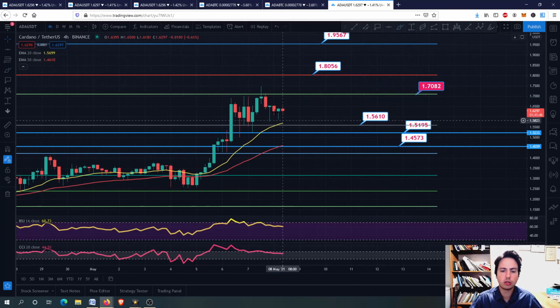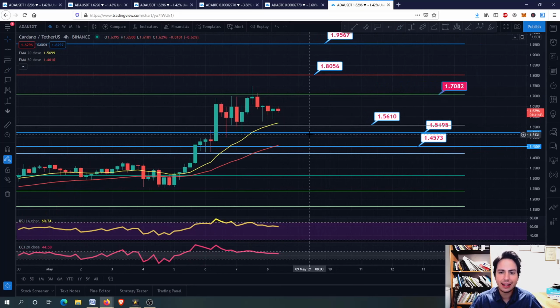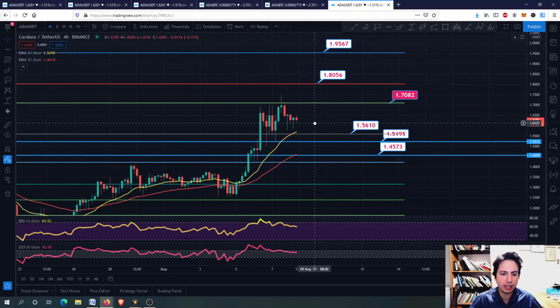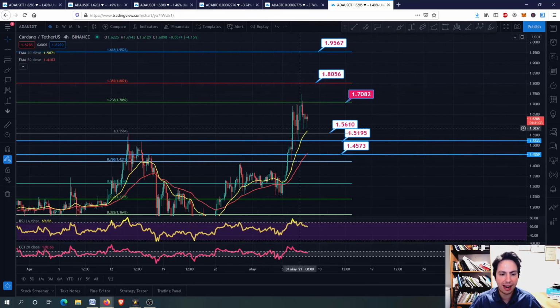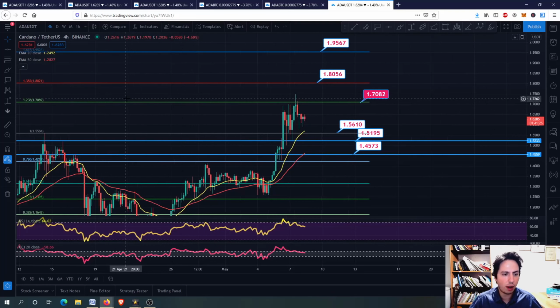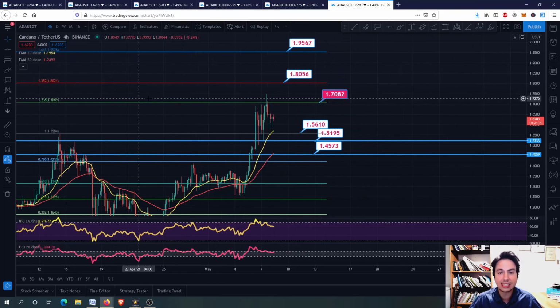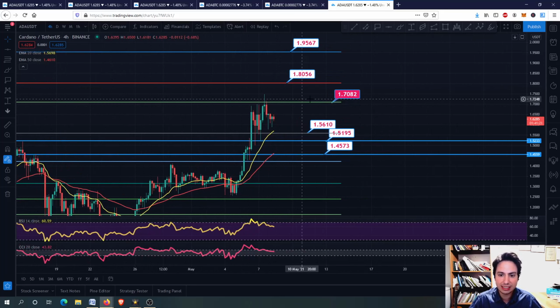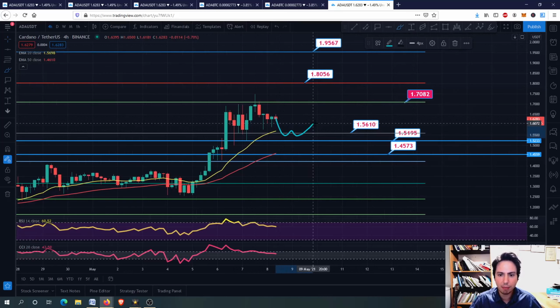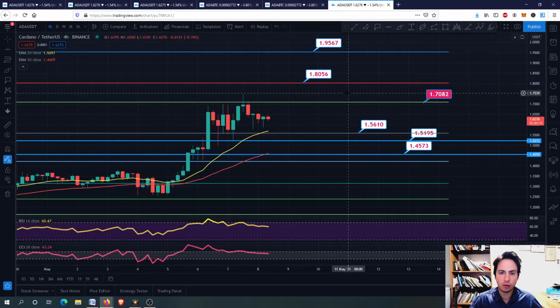Right now, for the very short term, guys, we are having this, but I think that ADA is soon going to hit the 1.80 for sure, guys. I think that we are just filling up to see a bit more price action for ADA. Right now we hit a new top here. As you can see, it was our 1.70 USD, 1.236 Fibonacci retracement level. We were exactly on this pattern. Right now we are moving a bit sideways, and then we can fuel up, then going above the 1.80. So a very good buying strategy.